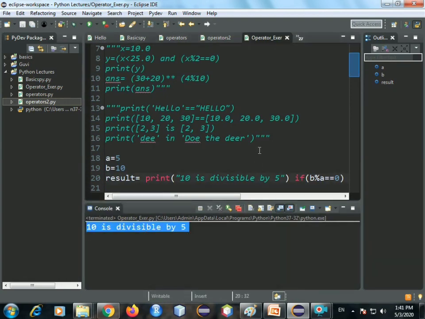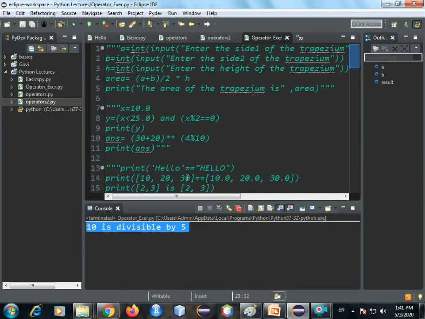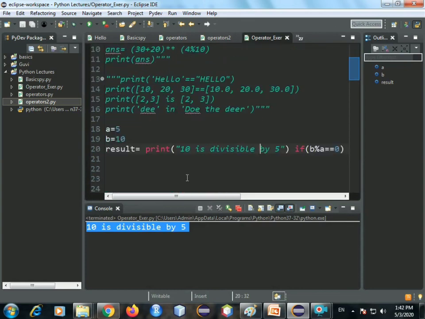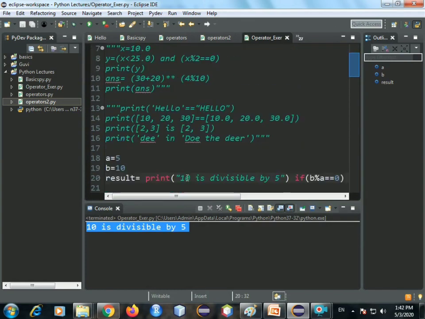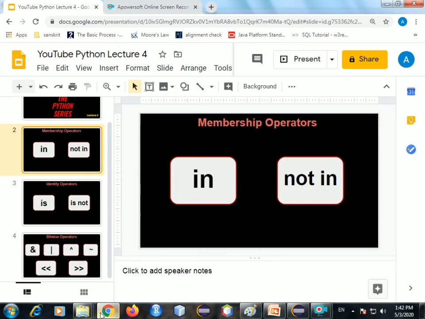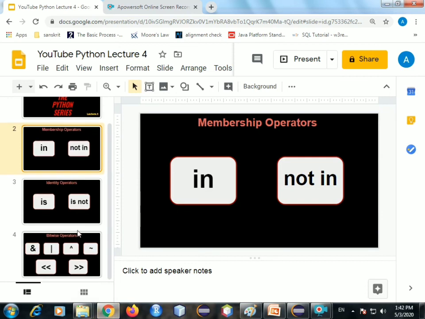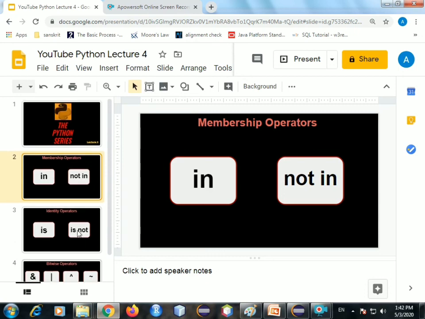Okay, so now we have revised almost all the operators. We practiced so many problem statements on these. So I really hope you all have understood everything clearly, and if you need to practice more examples, go through the internet or go through a Python book that you have, solve more examples and just make yourself perfect in it.